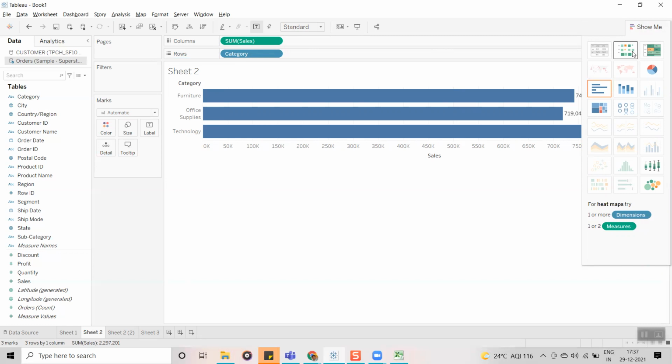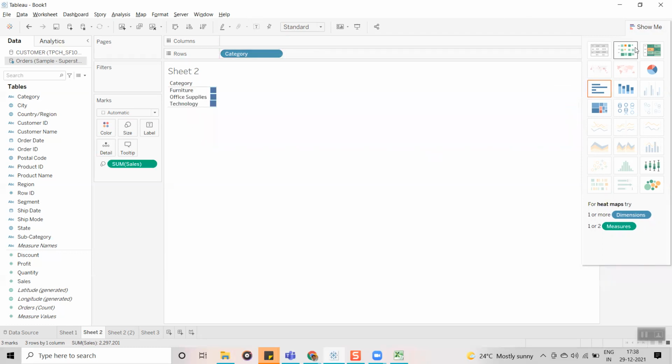To create a heat map, you use one or more dimensions and one or two measures. Actually, the heat map works in a two-dimensional way. Now, I already have sum of sales and category. If I click on it, you can see what has happened here.